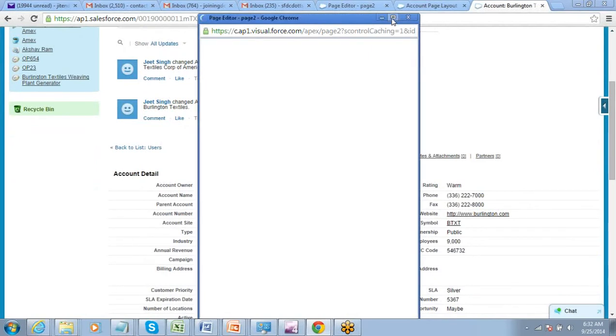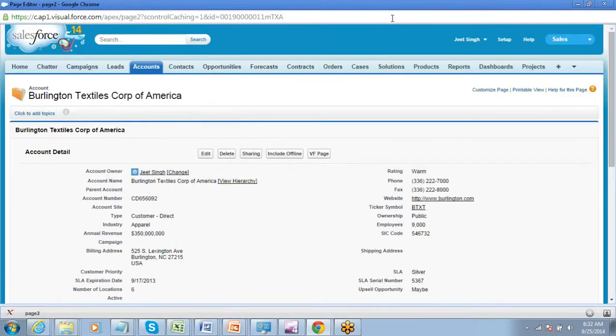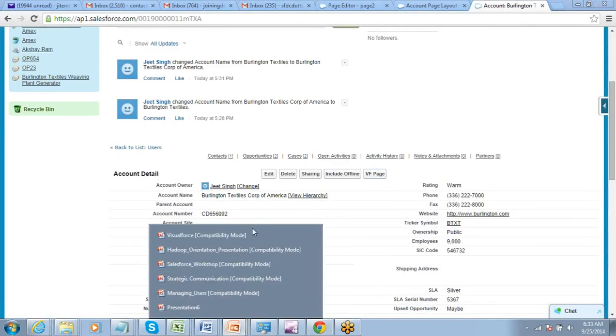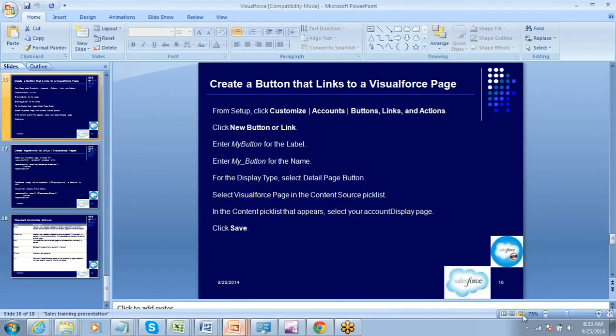it opens a new window for the Visualforce page, with the details of the record. This is one more option. In case you have created a Visualforce page and you want the users to see the standard page, and you also want them to have an option to see the data in the Visualforce page format, you can do this. Okay, so this way the end user will have both the options. They can see the Visualforce page as well as the normal page, right? So this is the third option of using the Visualforce page. Create a button and open the page through the button.